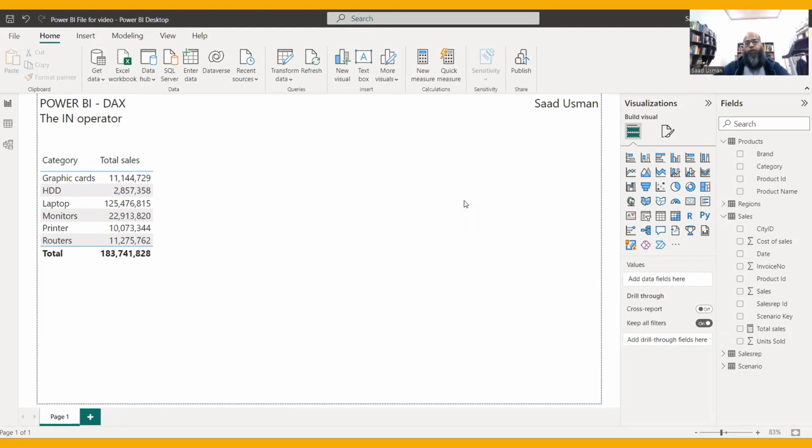In today's video, we are going to discuss the in operator in Power BI DAX. The in operator allows you to put multiple OR conditions in a DAX formula. Let's see an example. In this table, I have sales values of different product categories, and my requirement is to